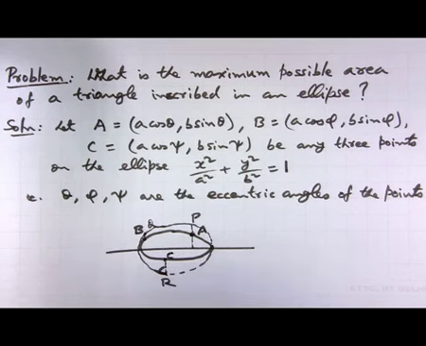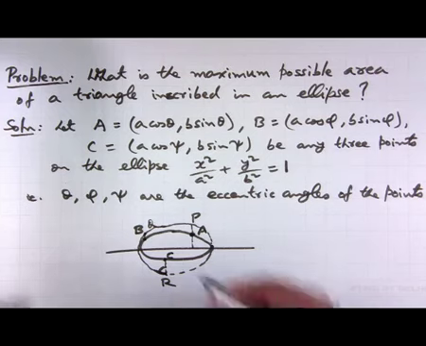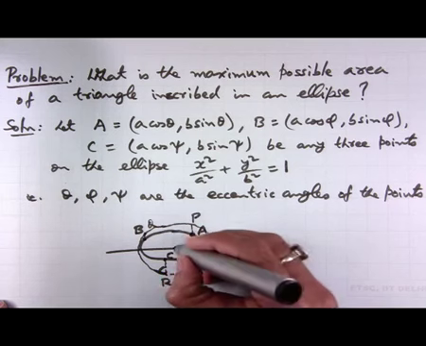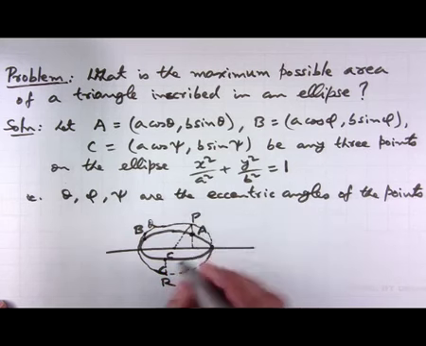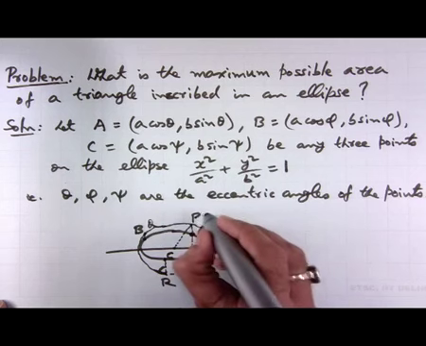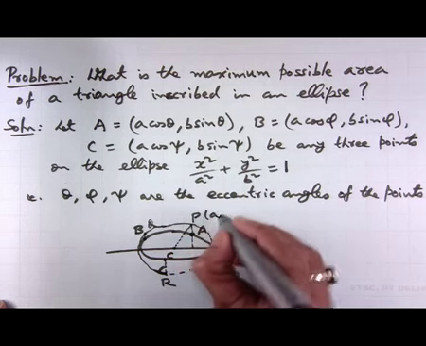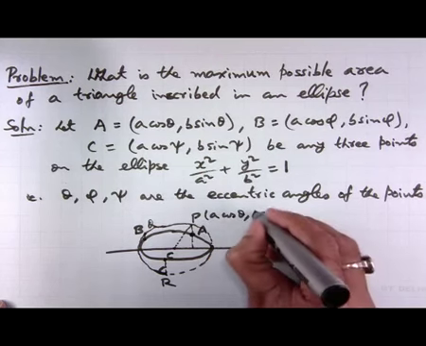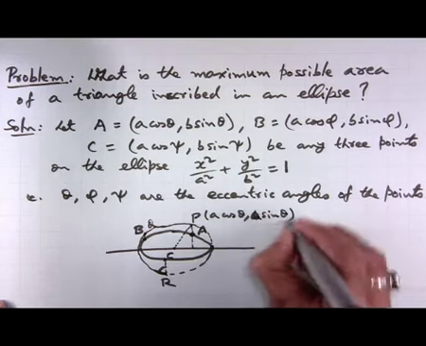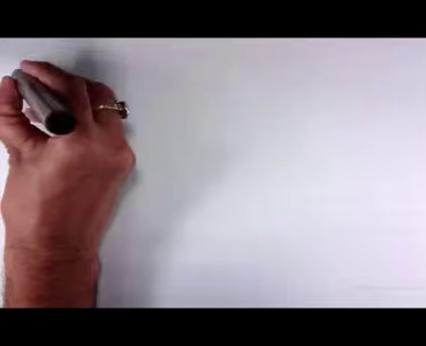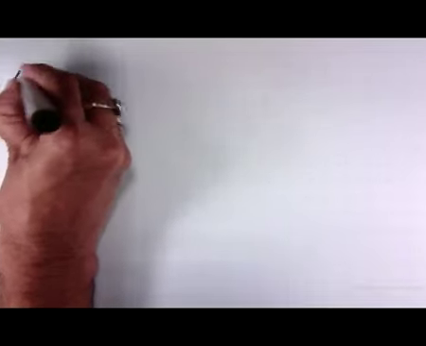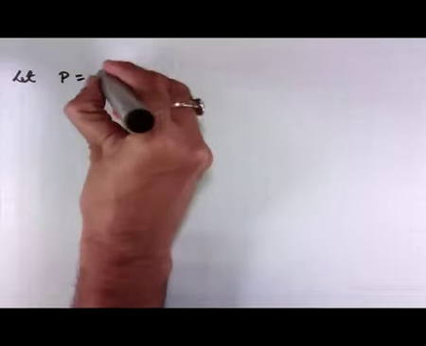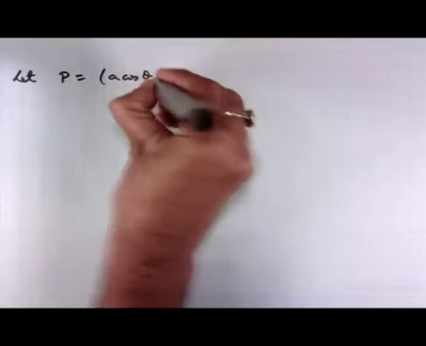So, this theta, phi and psi are actually the angle of the point P. So, P is the point A cos theta, A sin theta. Let me write it in the next page. So, let P equal to A cos theta, A sin theta,